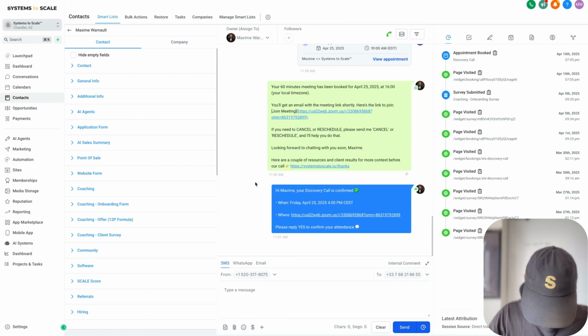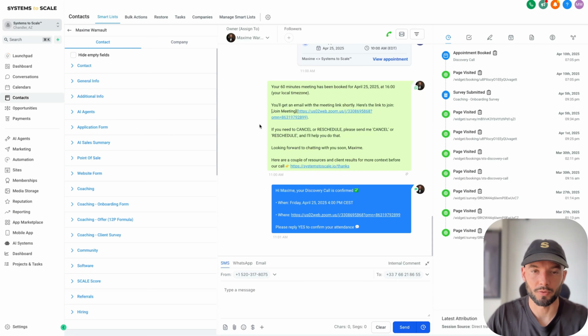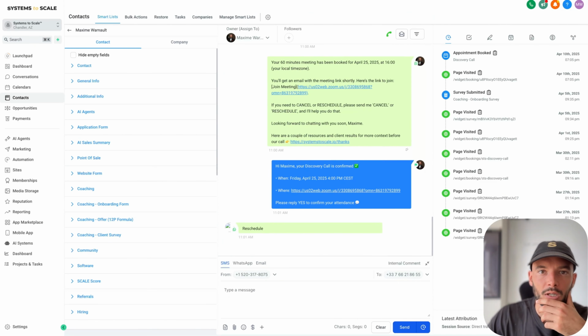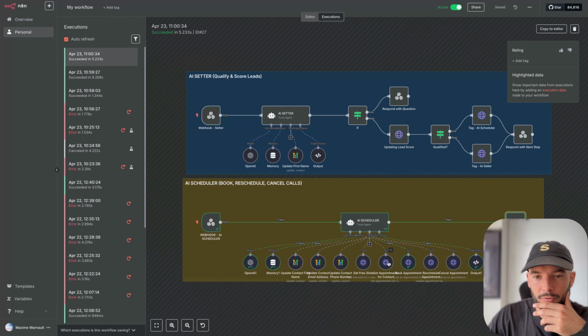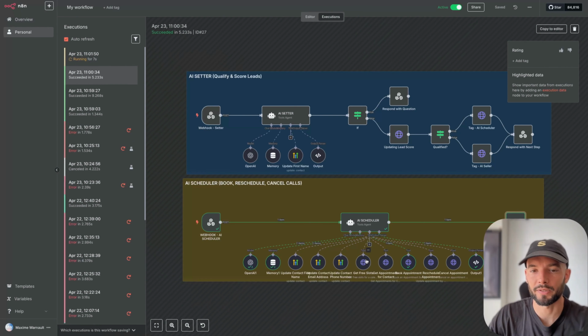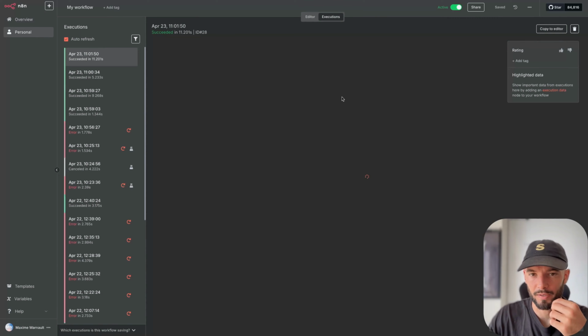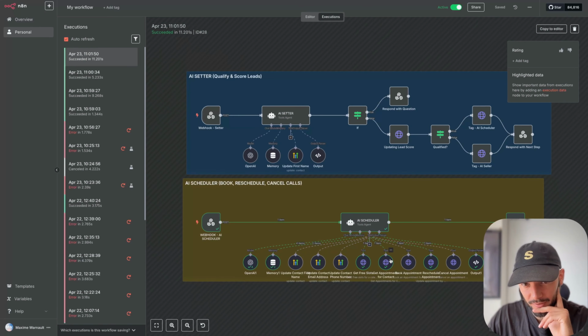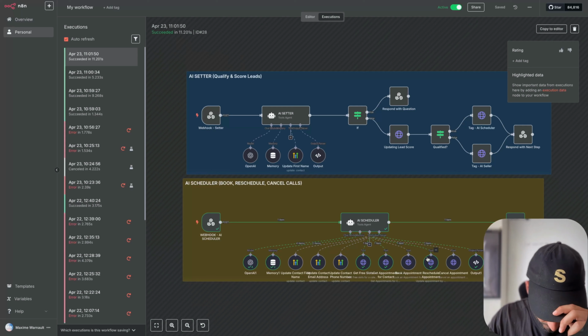And so basically now what it asks them to do is to reply yes to confirm that they will attend the call. What I want to do is let's try to reschedule now just to make sure that the reschedule is working. So I'm going to tell it reschedule. And what it's going to do is get the appointment for the contact and ask me if that's the one I want to reschedule and then get the free slots to ask me what time I want to reschedule. Let's see. Seems like everything is working perfectly. So as I said, get the free slot, get the contact, get the free slots. And it apparently rescheduled the appointment